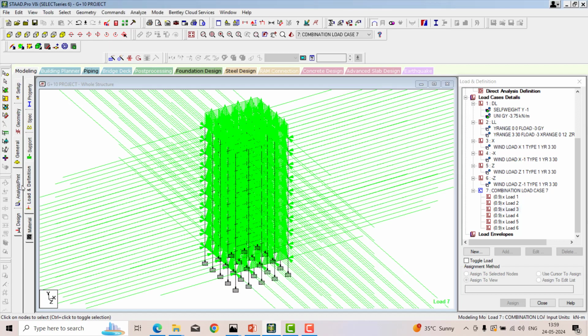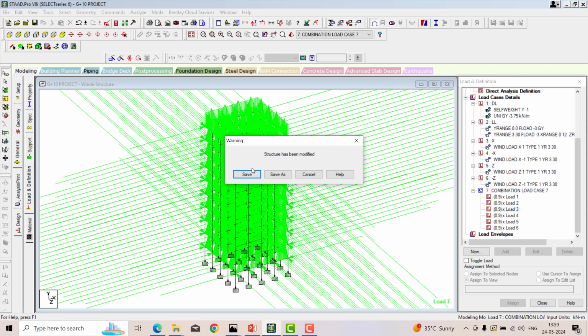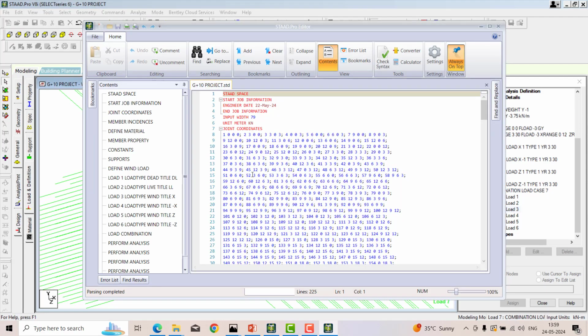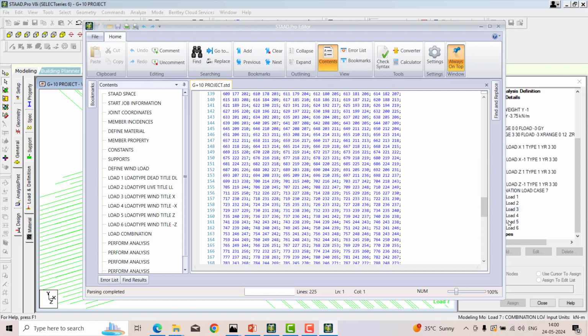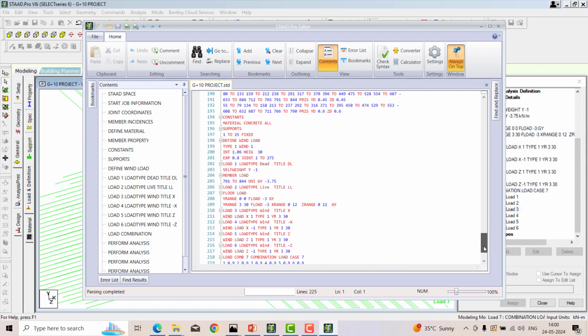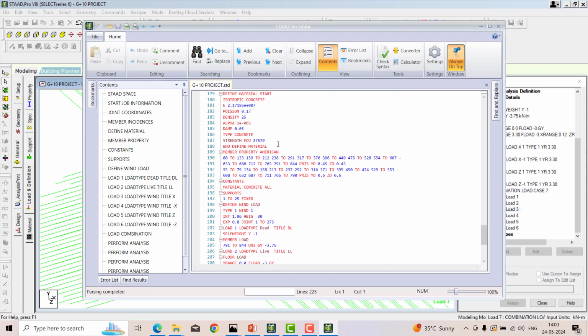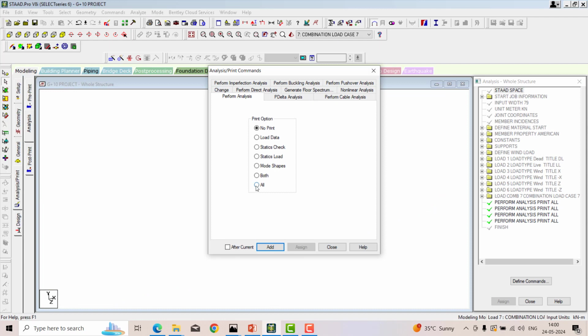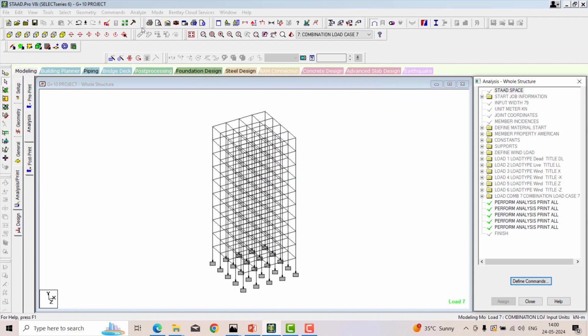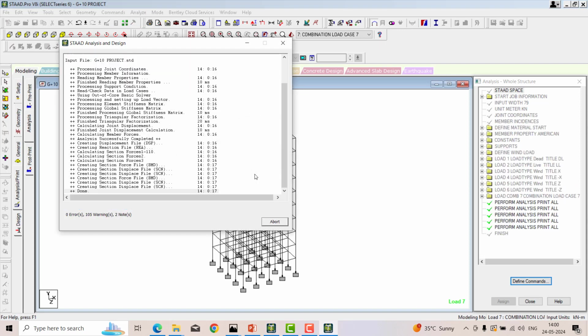Once you're done with all this, go to the STAAD editor and confirm whether the density of the concrete is 25 or not. It is 25. Close that. Analysis and print all, add, close, analyze, run analysis, and then save.